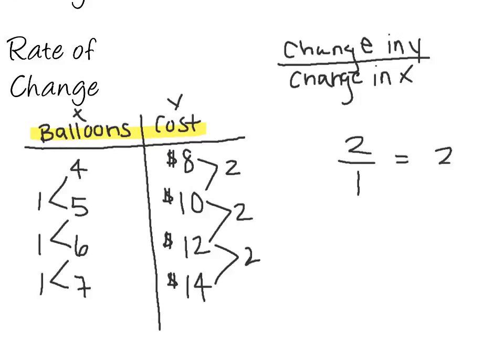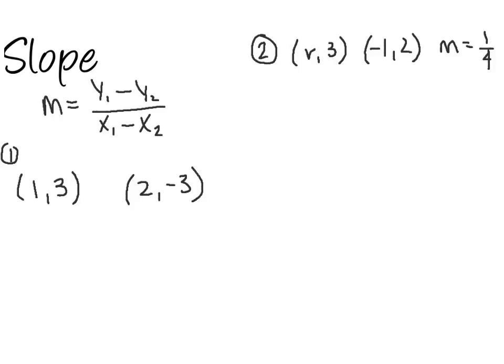Next thing we're going to look at is slope, which is very similar to rate of change. Same change in y over change in x, but here we're talking about points. So I have my x and y values. Remember, my x comes first, then y. So I want to find my change in y. So I have